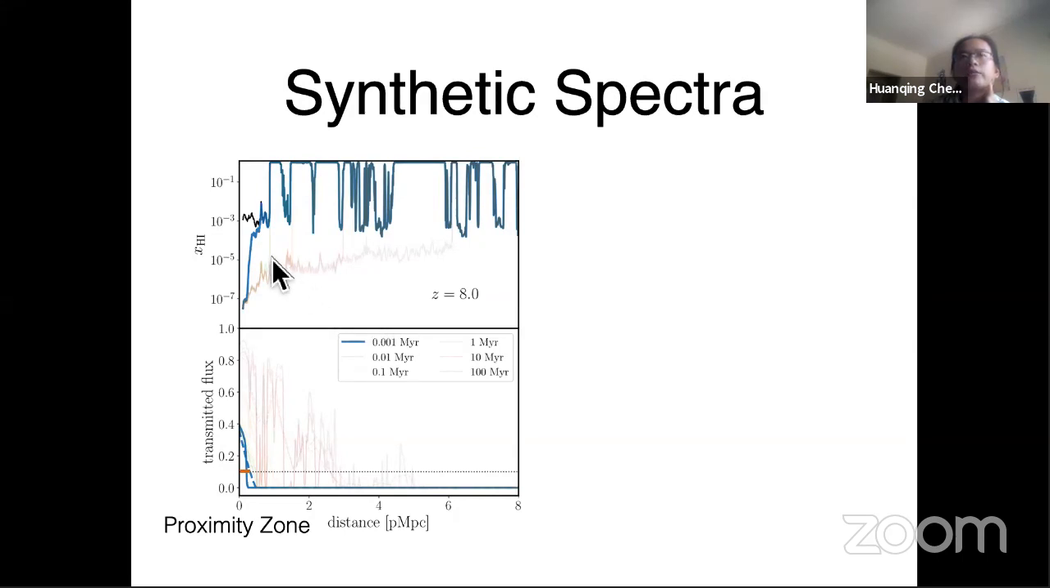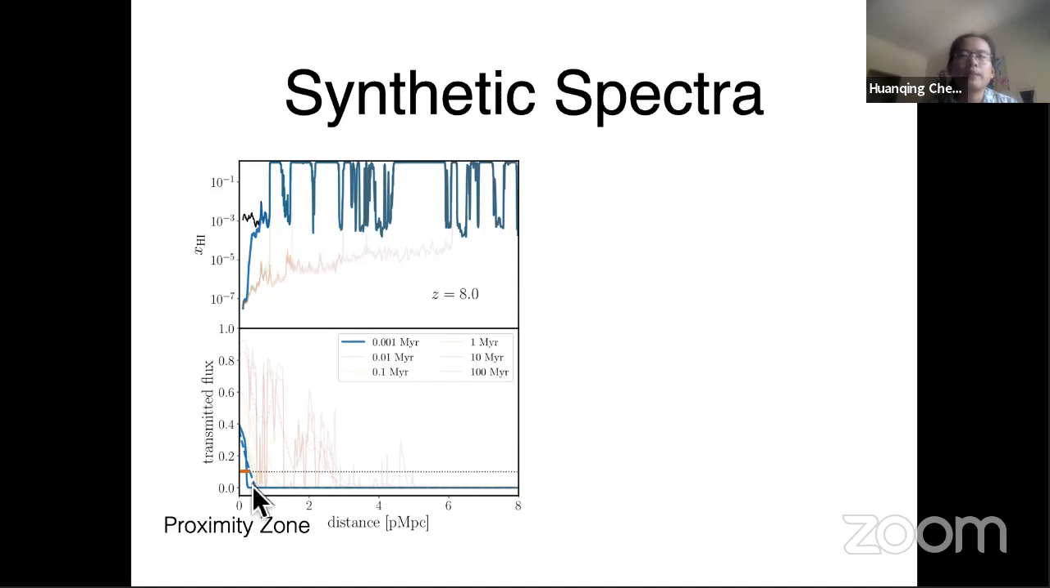The upper panel is the neutral fraction, the lower panel the transmitted flux. And the black line shows the value before we turn on the quasar. So at redshift 8 in our simulation box, most of the IGM is still neutral, except for some bubbles surrounding big galaxies. And right after we turn on the quasar, after 1,000 years, the value becomes like what is plotted in the blue. So immediately the neutral fraction drops to 10 to the -7, and then a proximity zone appears in